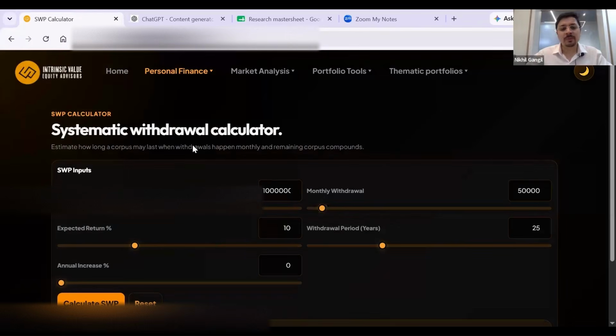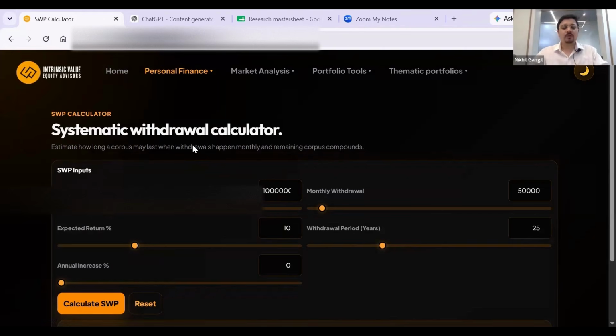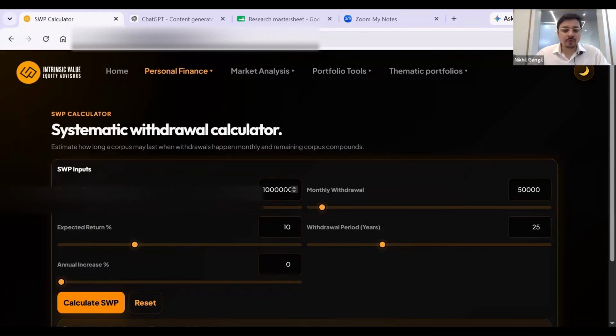Coming to SWP, it is a concept that has become very famous nowadays, and it tells you what is the starting corpus, what is the monthly withdrawal, and all you have to do is put those numbers. So let's say starting corpus is 1 crore rupees, monthly withdrawal that you want to take out is 50,000 rupees. Expected returns will always be given by the funds. Those are SWP funds. And withdrawal period, let's say